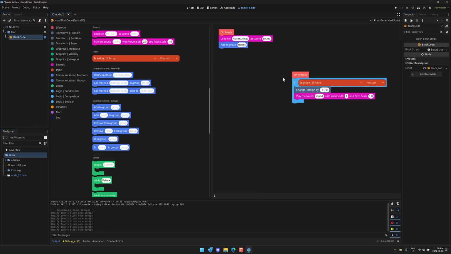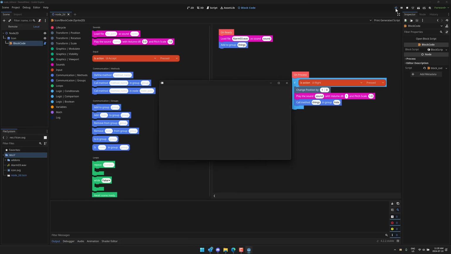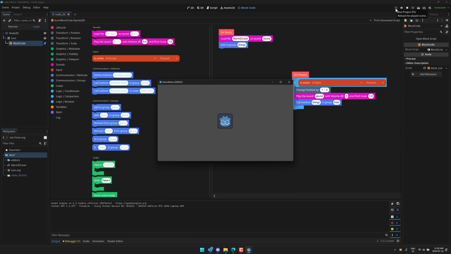So say if UI right is pressed, what we can actually do is go ahead and call a method like so. Let's go ahead and call our group, which is called things. This is basically where you could call any method from an inherited class. So this is going to inherit from canvas item, which has a method called hide. And we'll go ahead and call hide. So here you can see again, and now when I press right,